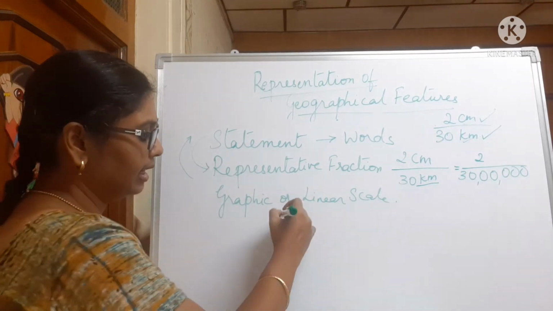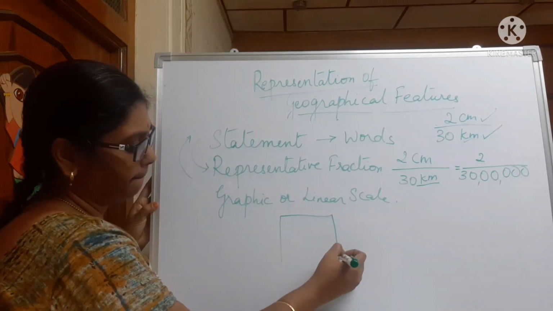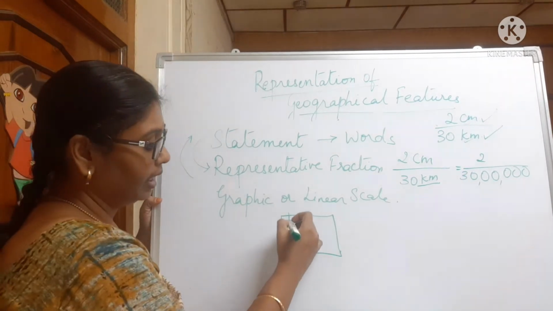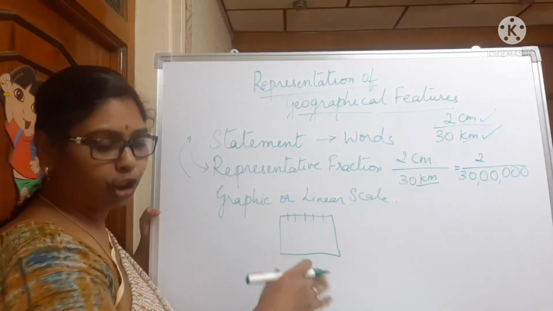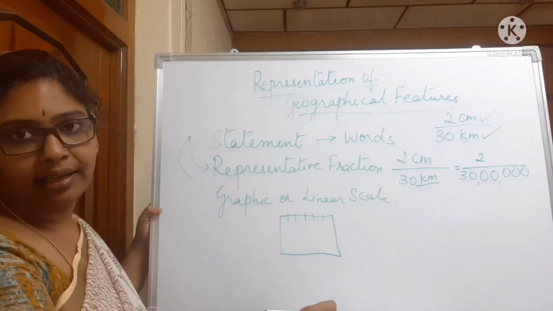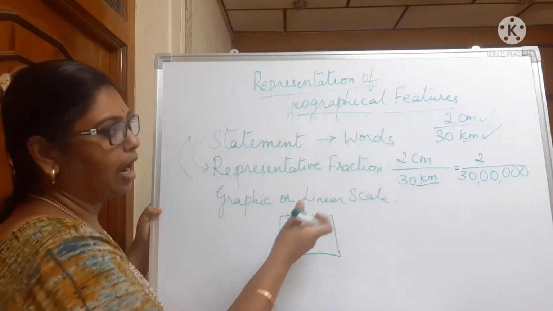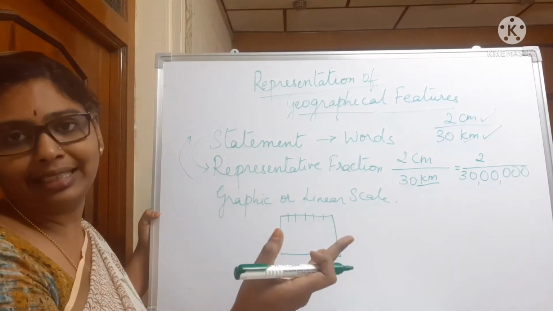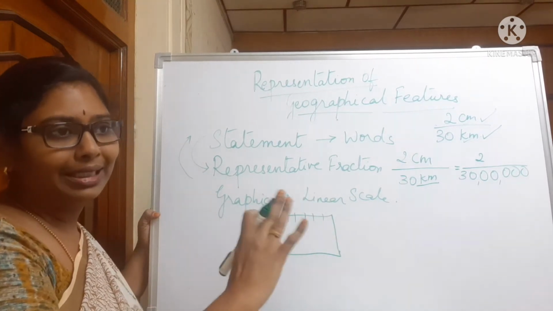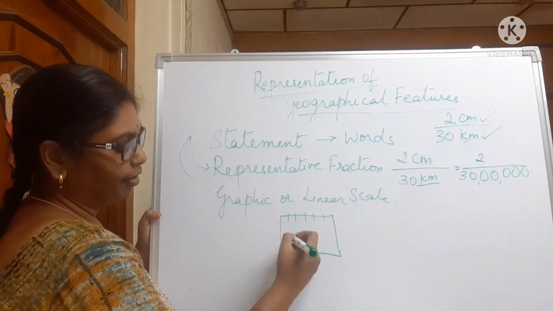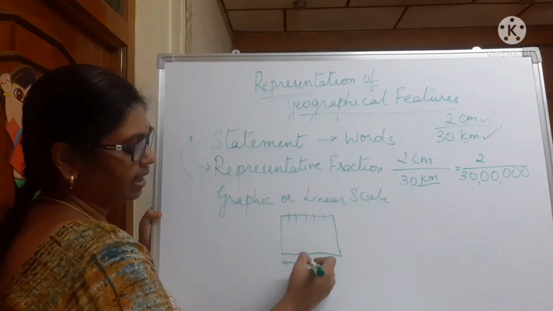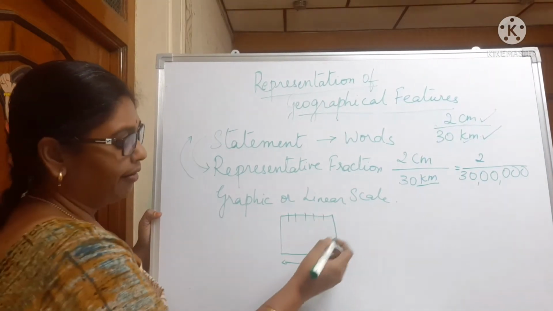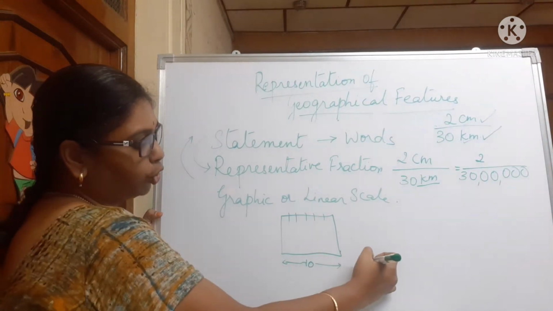For example, a map is there. This map is made into 5 divisions. So that is a linear scale method. But in the statement method, we just write how many centimeters on the map and how many centimeters on the ground. We are not going to change it. Take for example, this total map is 10 centimeters and it is divided into 5 divisions. When this map is enlarged to 20 centimeters,